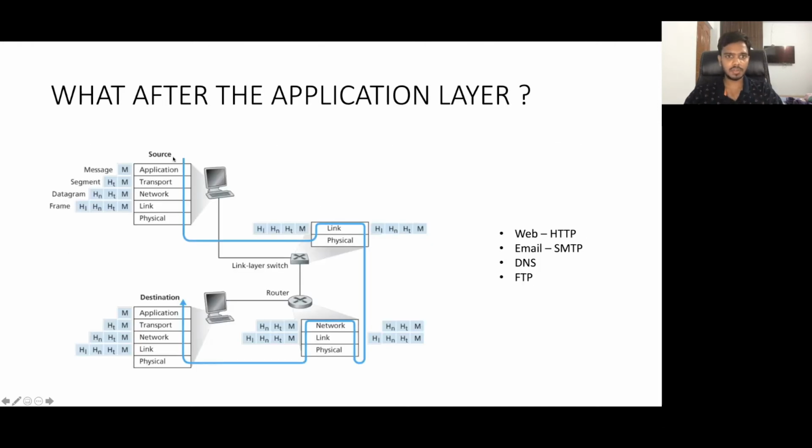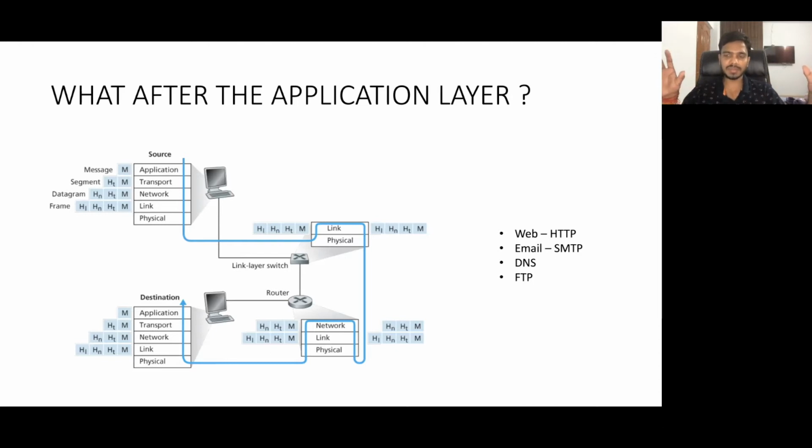So of course, on the source, you will have one process. From that process, basically the application is the process here. Source application, that is the process. Now, this source application wants to send a message to the destination application. So the destination application is also a process. So from one process, we want to send a message to another process.